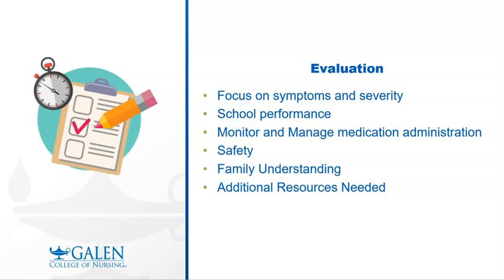So how do I know a child is getting better? We've got to look at each individual symptom, and we've talked about a lot of different things. What I'm going to look at for ADHD is different from what I'm going to look at with autism, which is different than what I'm going to look at with dyscalculia, right? The difficulty with math. School performance, how they are doing with their friends, their social interactions at school is a really easy evaluation to look at with kids. Are they making progress? Safety is always going to be a priority.